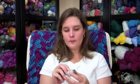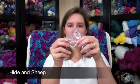by wearing it. And then Palette PC mentioned some stitch markers, and I took them out of the envelope and they're still in the bag. I haven't even had a chance to look at them, but I do plan on doing a little review on this at some point. But I wanted to show it here, and then I'll use them, and then I'll do a review at some point. But these are from Hide and Sheep, and this one is a row counter,